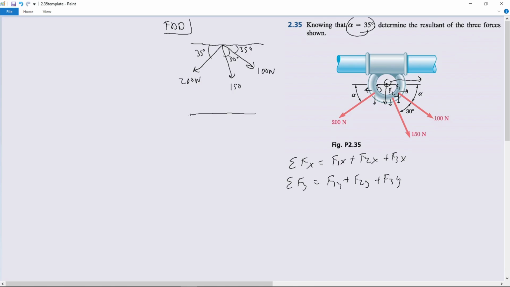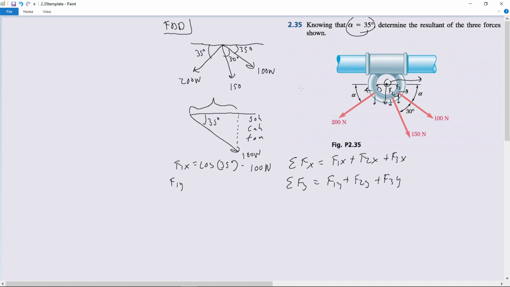So we'll redraw our origin line. We'll draw force 1, that's 100 newtons, and this is angle 35. And remember, what we're trying to find is the components, because we're using the component method. So we're trying to find this right here, and this right here, the length of both these lines. And if we remember from trig, SOH CAH TOA, we can say F1x equals cosine of 35 degrees times the magnitude, so 100 newtons, and F1y,